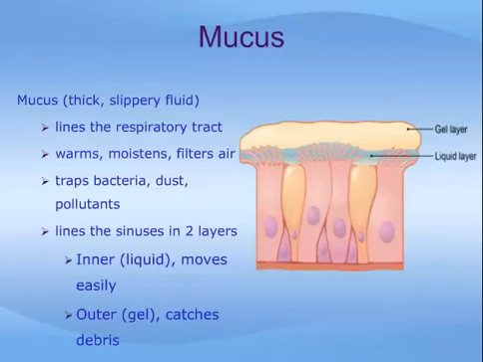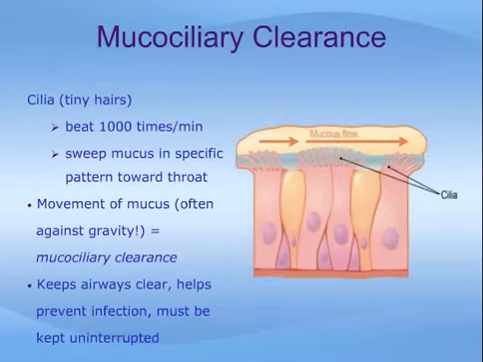Mucus protects the respiratory tract by trapping bacteria, dust, pollen, and pollutants we would otherwise inhale. It lines the sinuses in 2 layers, an inner liquidy layer, which moves easily, and an outer gel layer, which catches any debris. Tiny hairs